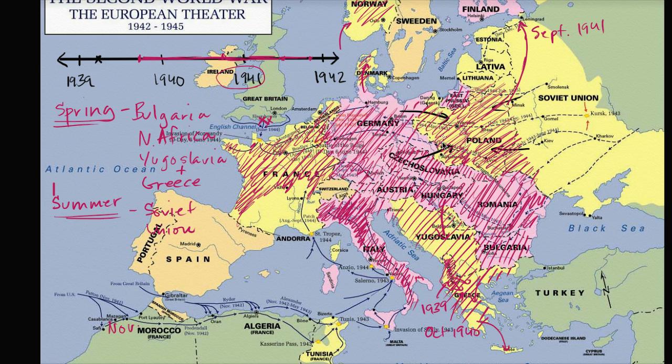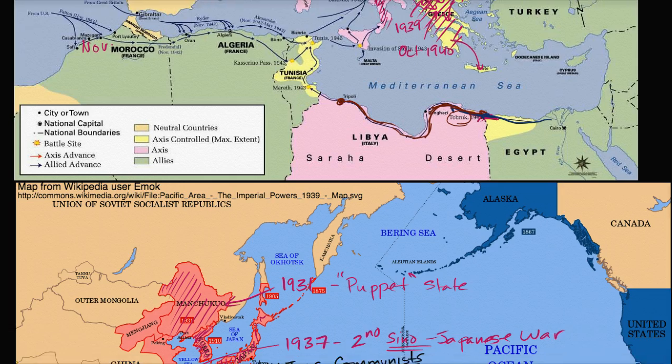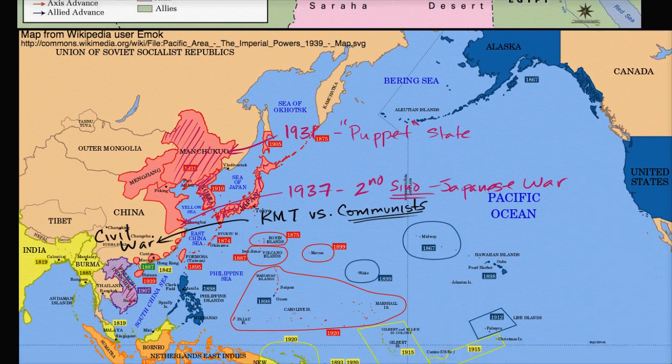And most historians would tell you that this was one of the mistakes of Adolf Hitler, because now he is stretched very, very thin. He has to fight two world powers, the Soviet Union and Great Britain, and the United States hasn't entered into the war yet. And that's what we're about to get into. Because if we go into Asia, it was still in 1941,